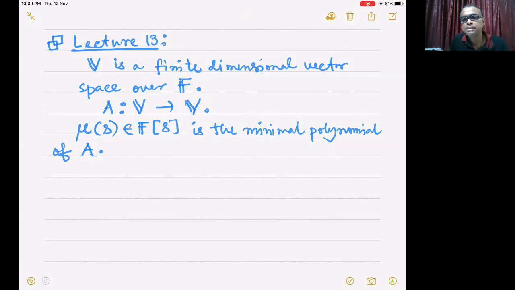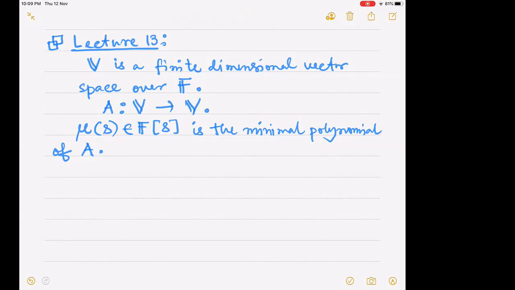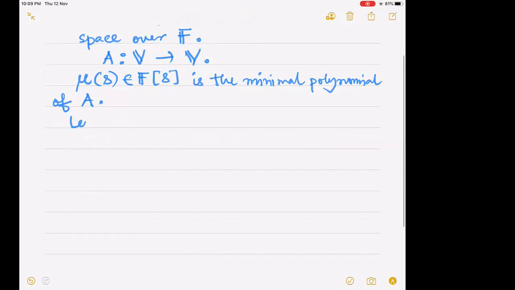So let me state this as a lemma. Notice that, let us define